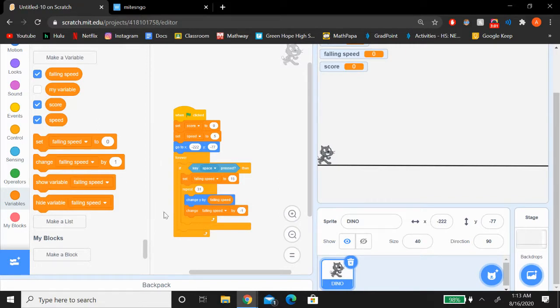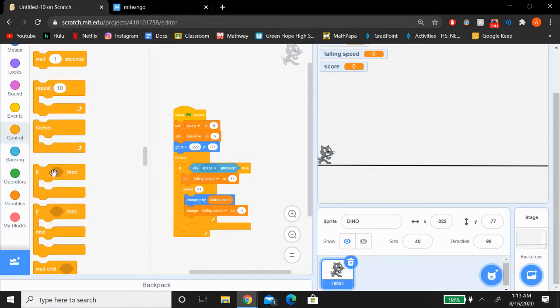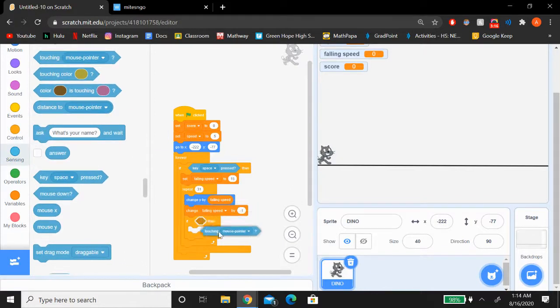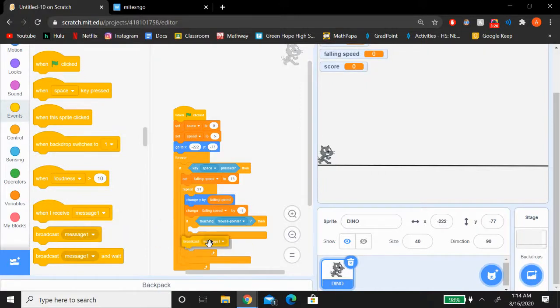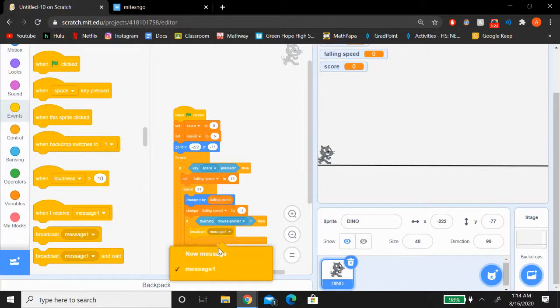Once you've done that, I want you guys to grab another if statement and snap that underneath your other if statement. So right here. Actually underneath your orange block, so inside of your other if statement, and then get your touching block at your sensing. So get touching mouse pointer and then get broadcast message, and let's make that message say